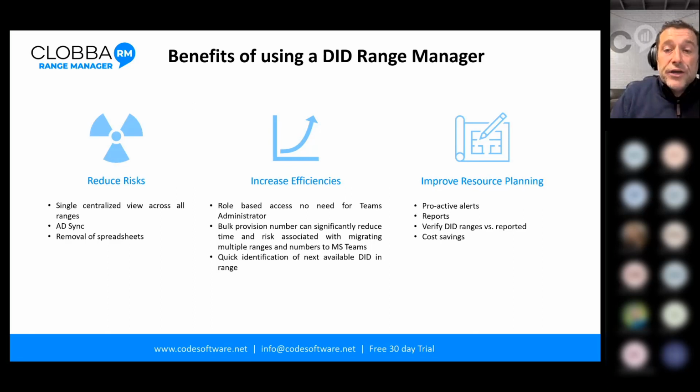You can verify the DID ranges versus the reported. So the range manager that we're going to look at today, Clobba RM, will actually integrate as well with Team CDR. So what an organisation would do, they can import their existing DID ranges, and you can compare versus the actual reported ranges within